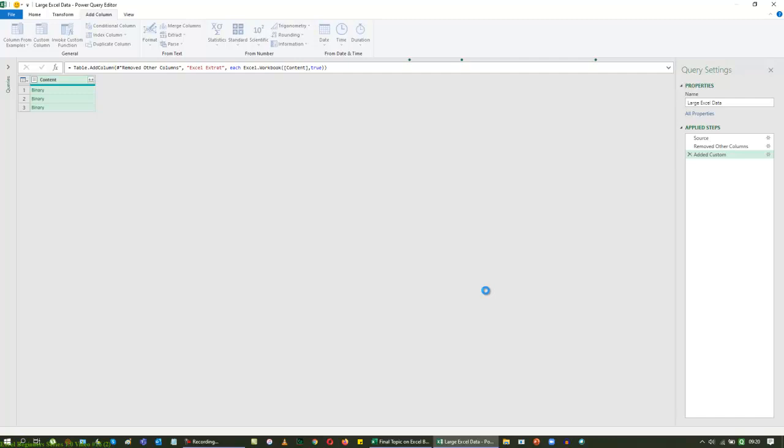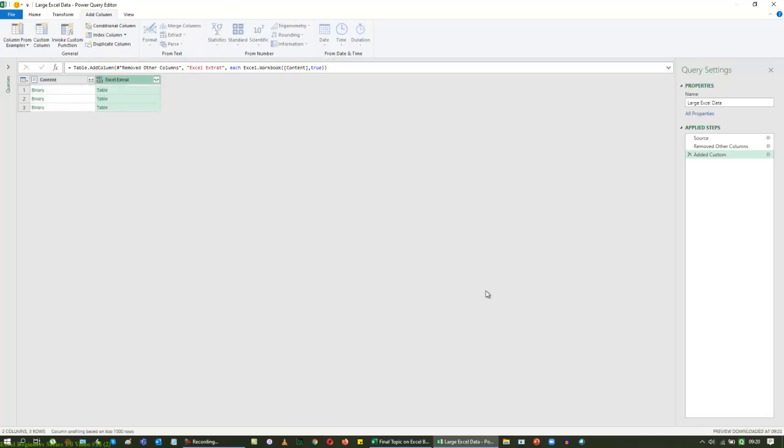So when I click OK, automatically data is getting extracted to the first level of table. So now we get one more column next to our content column which says table. This is the first extract level. When you extract this data, the system will tell you what information we have in our Excel sheet. This is going to normally take a little longer than normal because I'm using it for the first time of the day. So it's going to take a little longer.